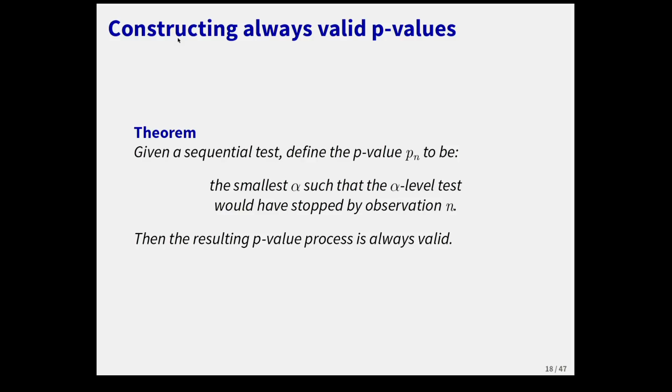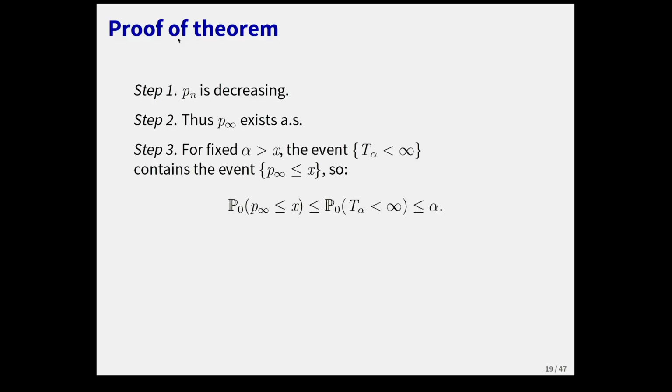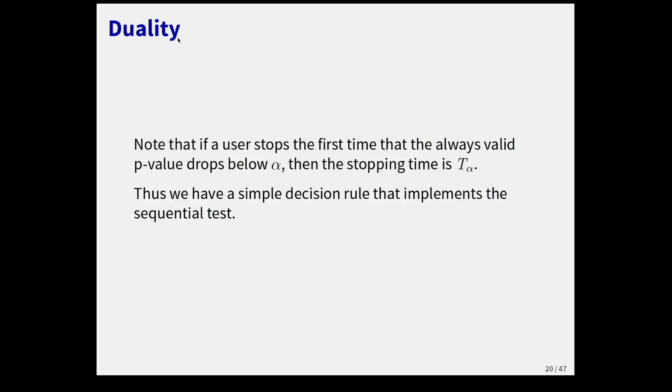One of the things I don't want you to forget, though, is that a running thread throughout what we're trying to do is that the user is someone that we don't completely control. So while it's true that there's this duality between the always valid p-value processes and the sequential test, in particular, if the user stops the first time that the always valid p-value drops below alpha, then the resulting stopping time is exactly the sequential test. So because of that duality, you might think, well, OK, we can just focus on sequential testing now. The problem is that